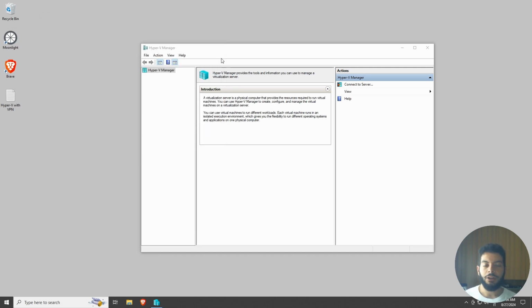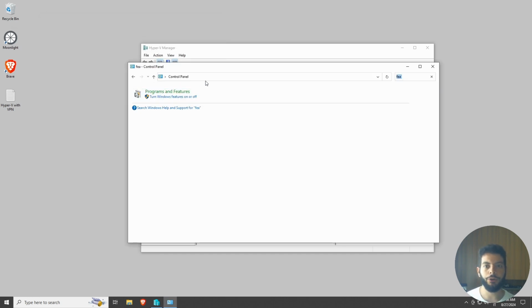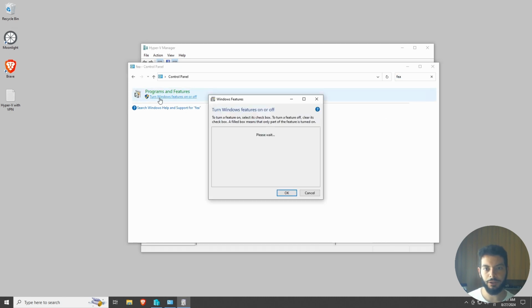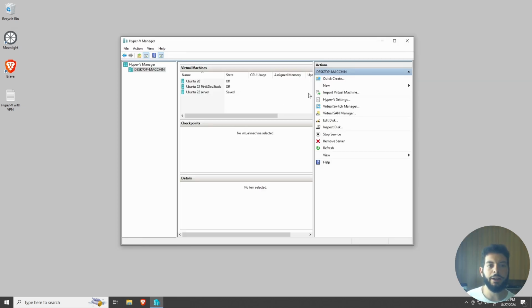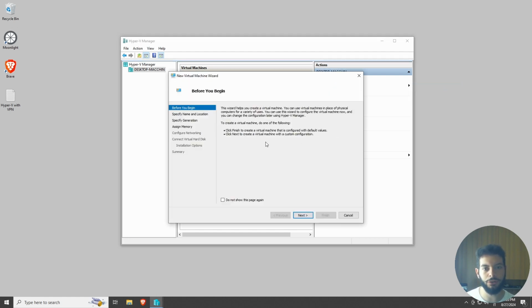And then you have to do another activation. You go into the control panel and you read the features. If you click here, you see that I already activated Hyper-V. Now I can create the virtual machine I desire. As you can see, I already have some here. So I go to New Virtual Machine.